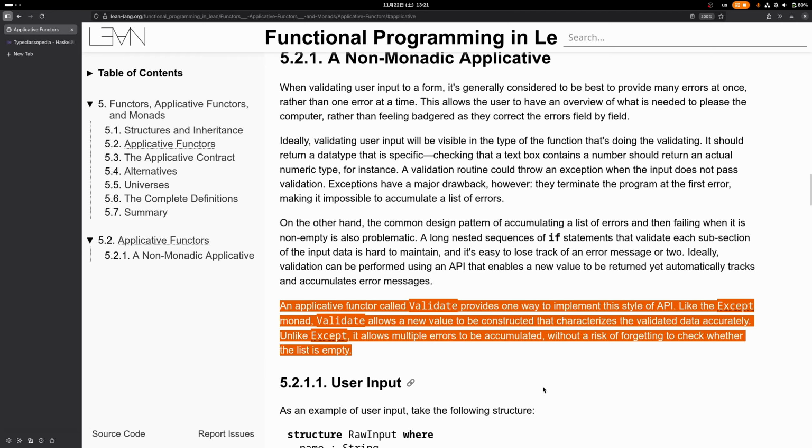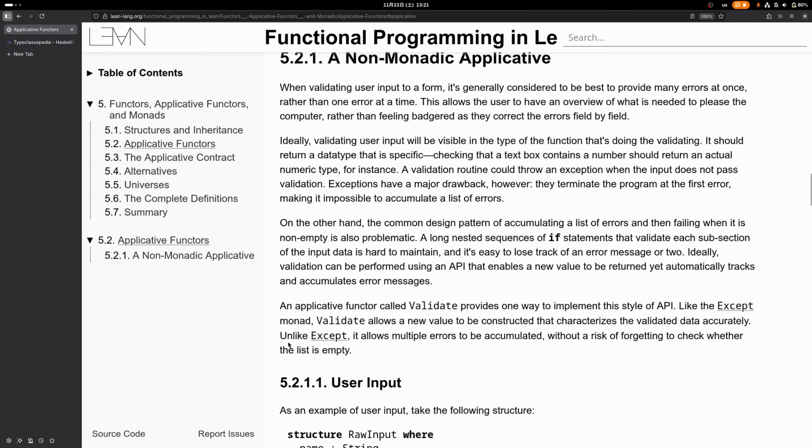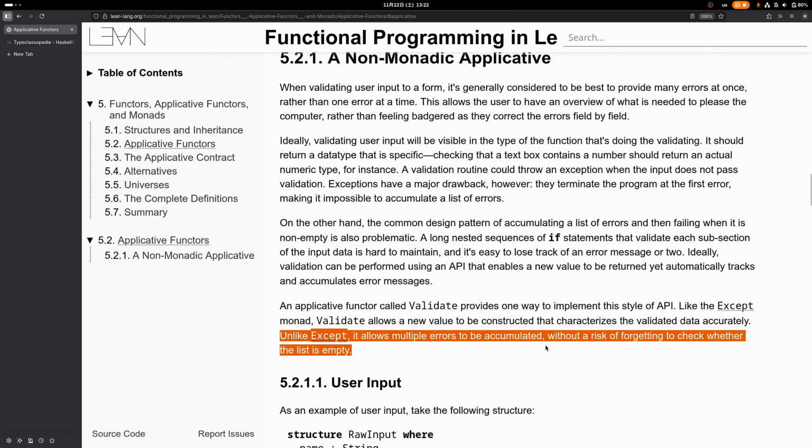And we can create this kind of API by creating an applicative functor called Validate, which works similarly to the Except monad, but unlike the Except monad, it allows multiple errors to be accumulated, and it then guarantees that we cannot just forget